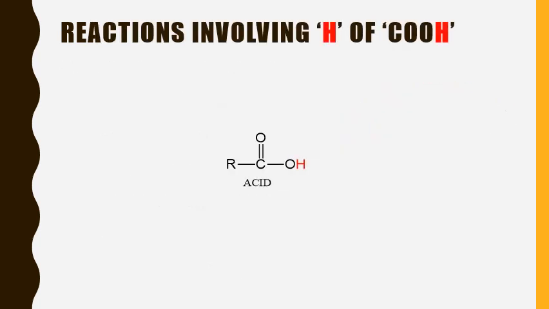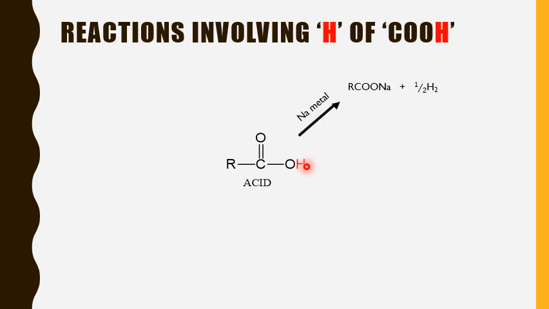First of all, reactions that involve H of COOH. That means they are taking only H of COOH. Here you can see I have highlighted only the hydrogen of RCOOH. That means only this hydrogen part will be exchanged or will be participating in reaction with some reagent. And since it involves only hydrogen in the form of H plus removal, therefore these reactions will demonstrate the acidic character of carboxylic acid. Let us see what those are.